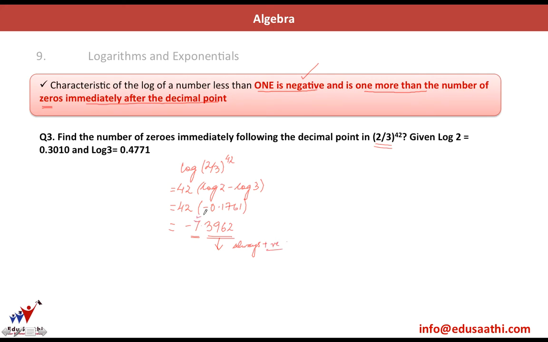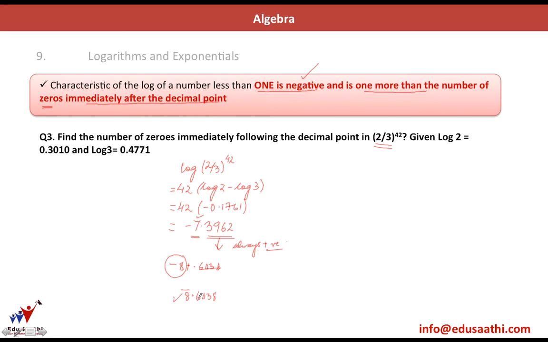So what you do is, you write it as minus 8 plus point something. So whatever is the difference between 8 and this value, that will be your mantissa. So the characteristic would come out to be 8. I'll write it as 8 bar point. The difference between 3962 and the other decimal point. So it will be 1 minus 0.3962 that I'll get, which will be 0.6038. So this will be 6038 that I'll have.